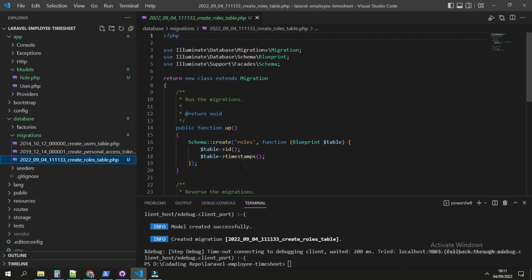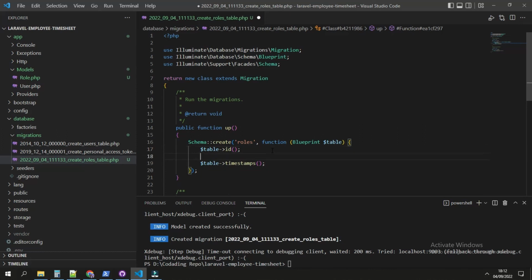In the roles migration, this is already added by default, that the table will have ID and timestamps. Now we just need to add one more column for this table, which is the name.